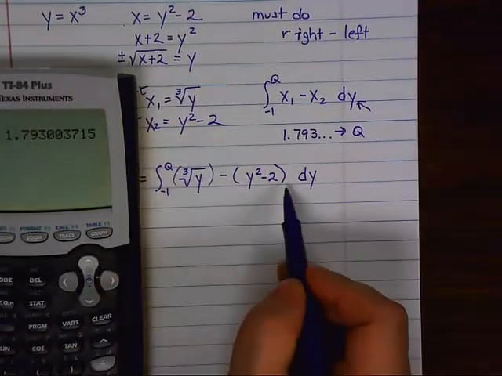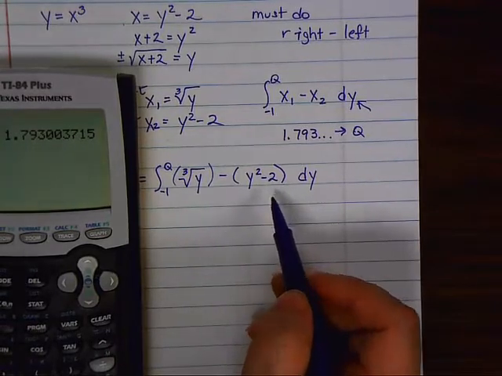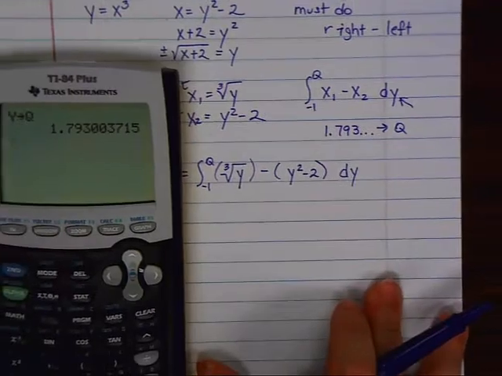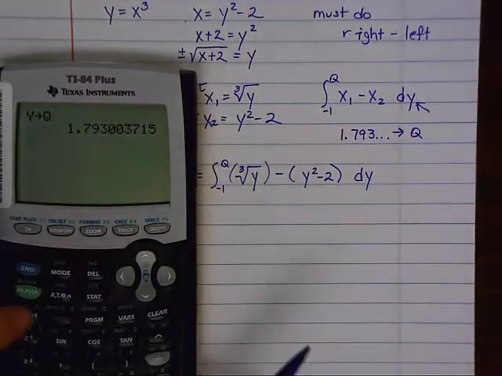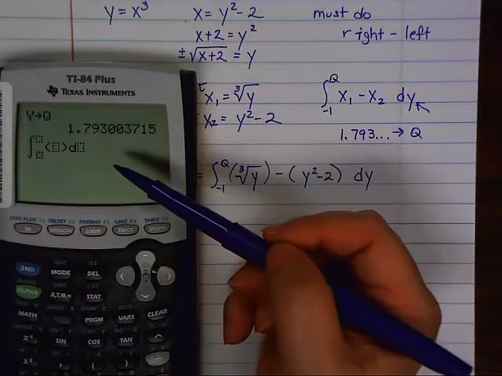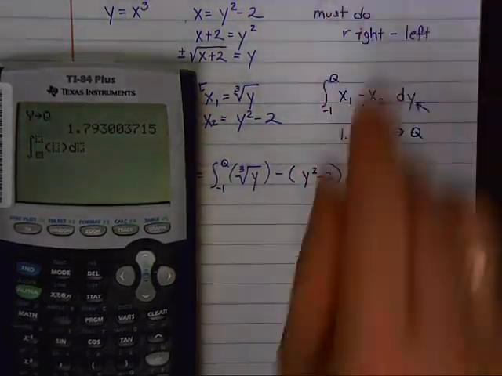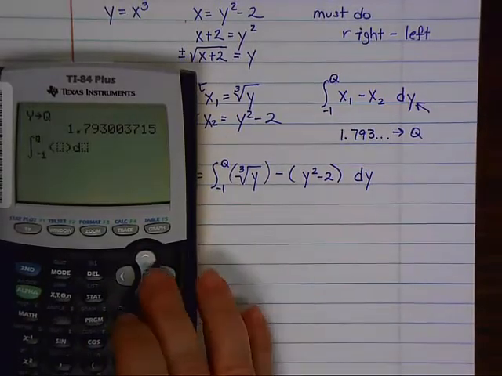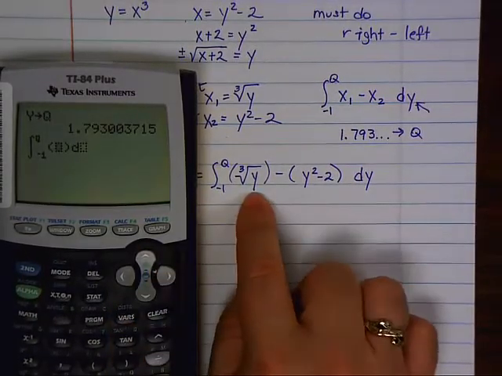So we're going to take the calculator. You can type this with x's or with y's or with q's or whatever you want. That q has to be a q. But yeah, you cannot type, when you go to Math 9, you cannot say -1 to q with q's. That'll mess it all up. It has to be a different letter. So I'm going to do -1 to q, and then I'm going to type in what I see right here,